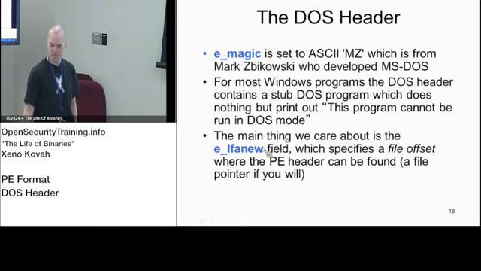And then e_lfanew gives us a file offset. So this is saying how far into this file is the next header, the PE header or NT header, as it's sometimes called. So